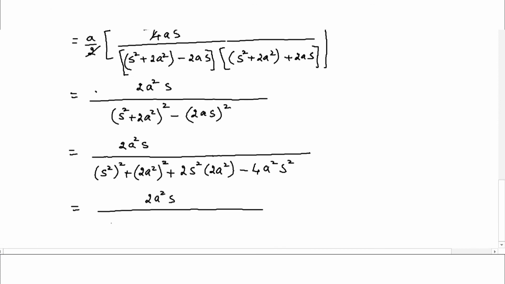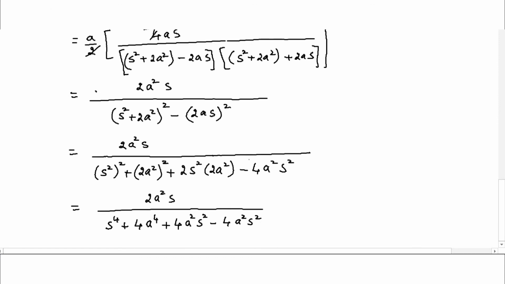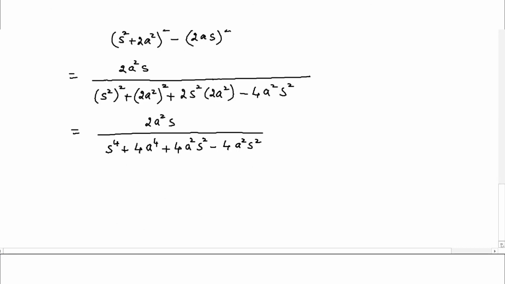This will become square of square, which will become power 4. This is 2 square will be 4, you will be getting a power of 4. Here plus, you can multiply 2 times 2 will be 4, a square, a square. Here minus, again 4 times a square, a square. So the last two terms, 4a square and 4a square, positive and negative value will cancel out, and we will be left only with 2 times a square s, whole divided by s power 4 plus 4 times a power of 4. So that will be the